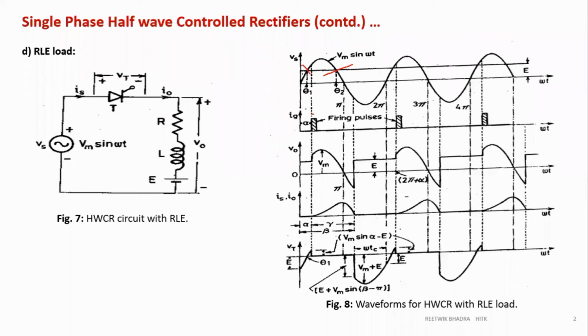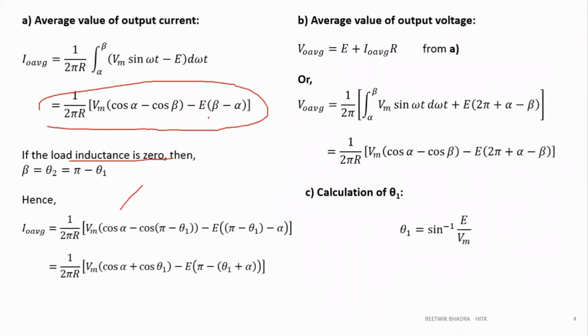Okay, so theta1, theta2 will be my limits. So that's why if you integrate this, it will not start from alpha. If you take theta1 as alpha, not a problem. If you take the starting point only, it will start at theta1 and it will end at theta2. So these integration limits can be changed and you can do it accordingly.